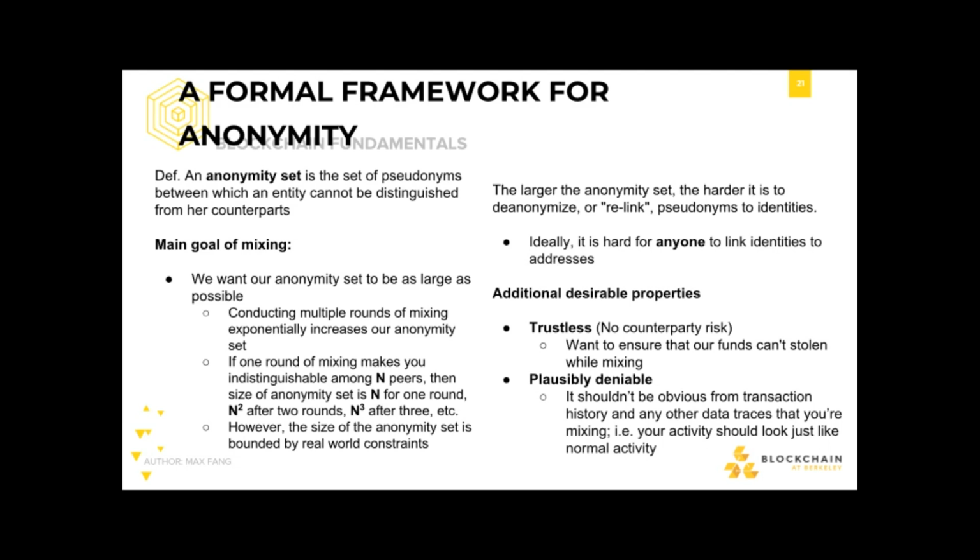We have a concept of anonymity set in a mixer. Anonymity set is basically the number of other people in the network who are mixing with you. So how easily can your transaction or your coins be distinguished from everyone else's in your anonymity set? An example of that is if you're mixing with 30 other people, your anonymity set size is 30. The main goal of mixing is you want to maximize or expand this anonymity set to be as